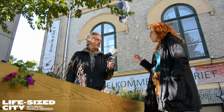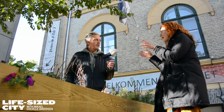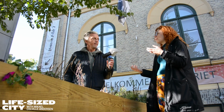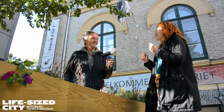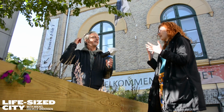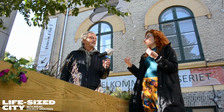And also, it gives that whole feeling of being in a living room. So it is a little bit of a living room situation here. I think it's great, even though I'm annoyed with the smudge and muddy footprints, but still, I love it. I think it's great how people are just taking in the whole design and really feeling comfortable, really feeling